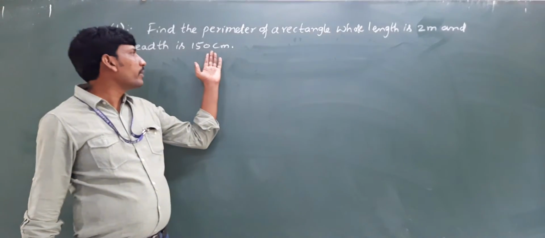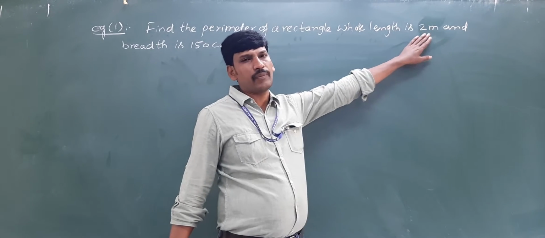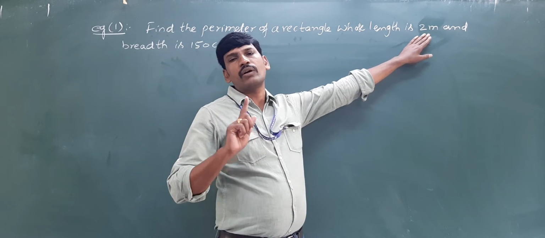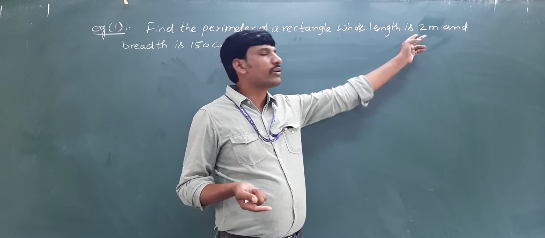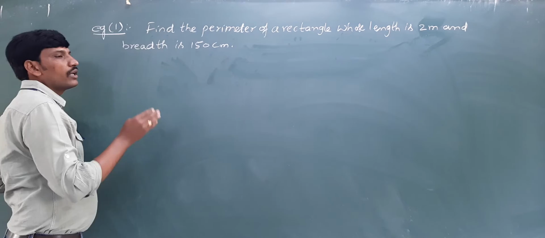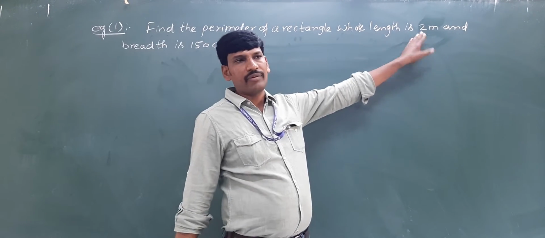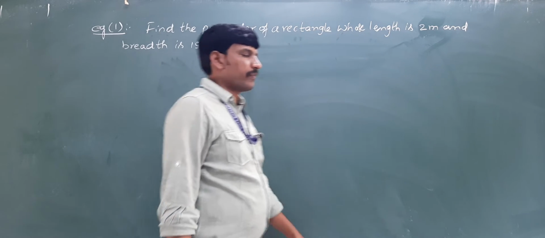Instead of this, we just change this one because it is easy: 1 meter equals 100 centimeters, 2 meters equals 200 centimeters. Otherwise, if you want to change centimeters into meters, you would get decimals. So this is the easiest method, from meters to centimeters. Now see this